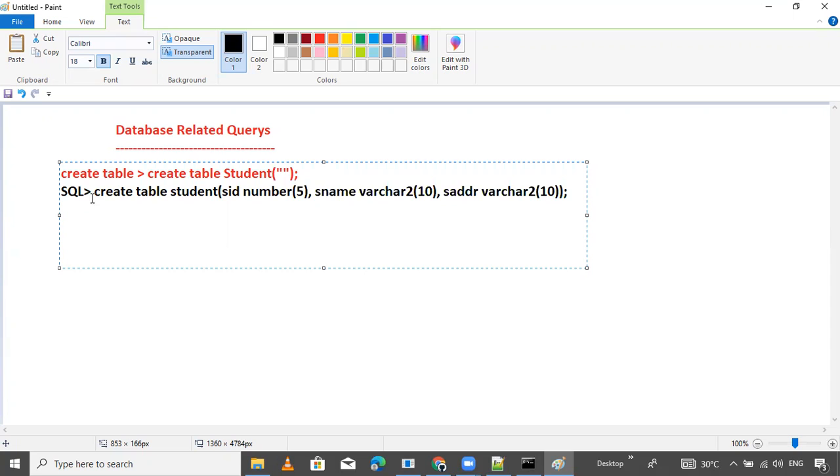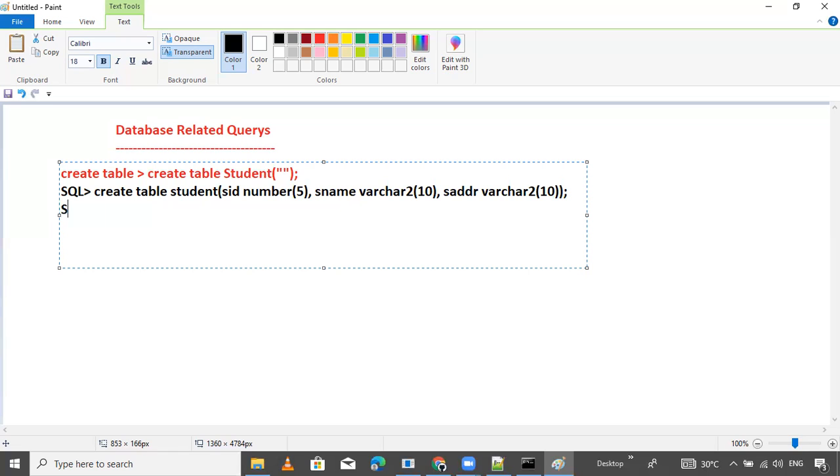If you copy this query and paste it on your SQL command or client command, then it will create one student table. Suppose the table is created. I want to check whether the table is there or not. So what is that query? I want to check which type of table, having which data types and how many columns are there.